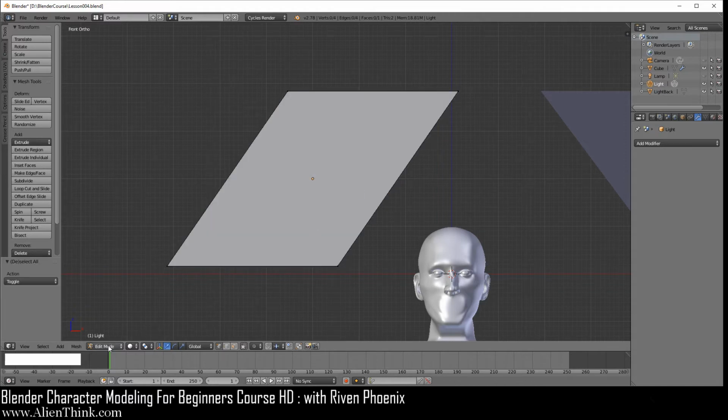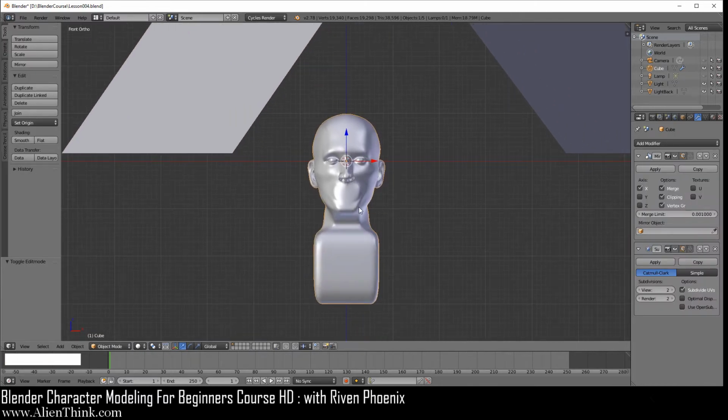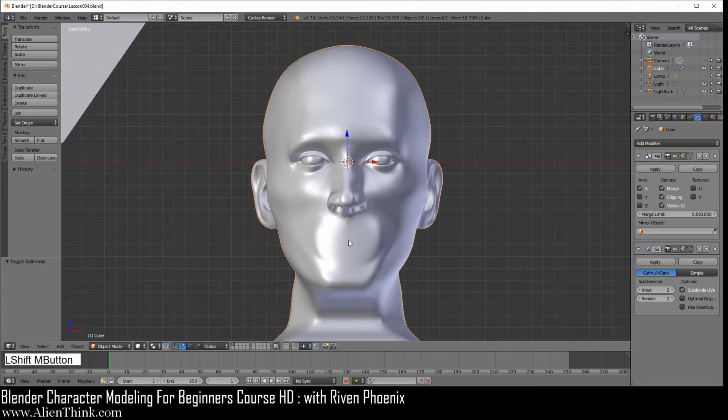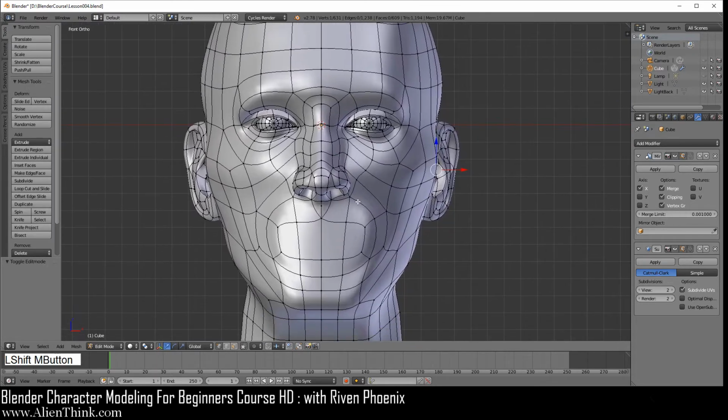Now let's go ahead and switch to object mode, and now we're going to click on this face and just zoom in over here. So now I'm going to go into edit mode. So the question is, really, why do we model with quads?